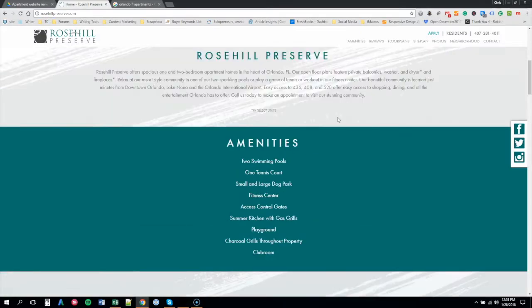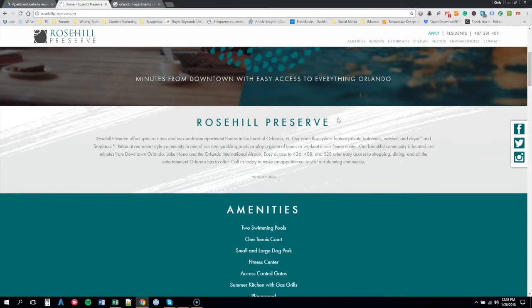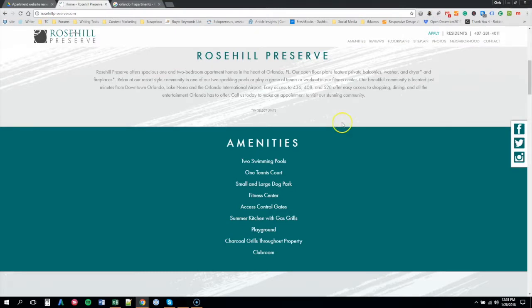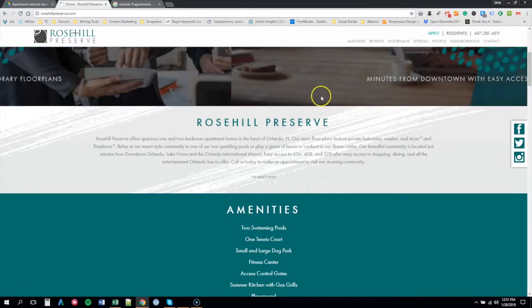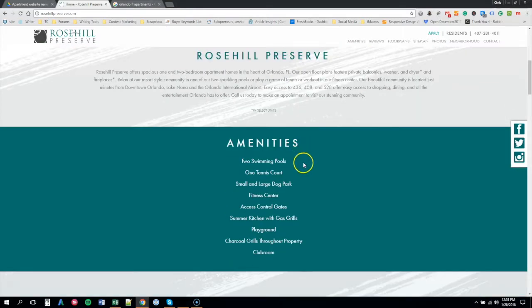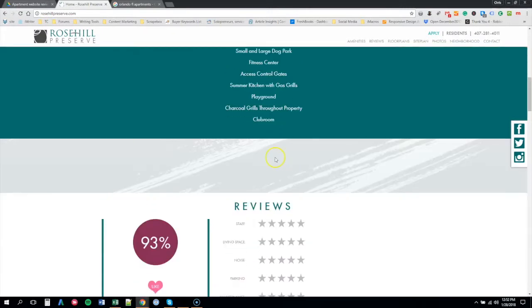One thing I noticed too is that there are not many call to actions, which is one of the concepts that we want to take a look at. As we scroll down, I usually like to keep call to actions every 2 to 3 sections. So this is a section, the slideshow. This is a section, the About Us. This is a section, the amenities. So what I would recommend is that this apartment complex include some call to actions here. And the simplest way to do that is to make a full width band with a different color that stands out,